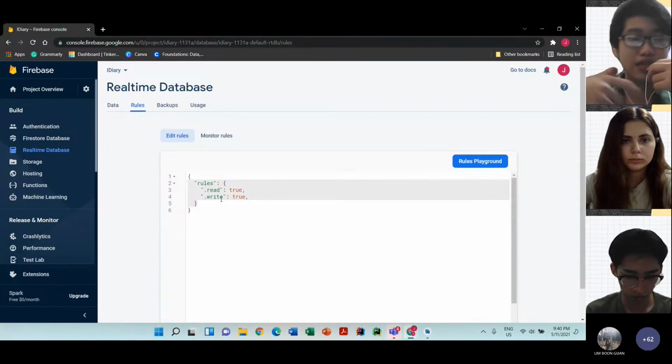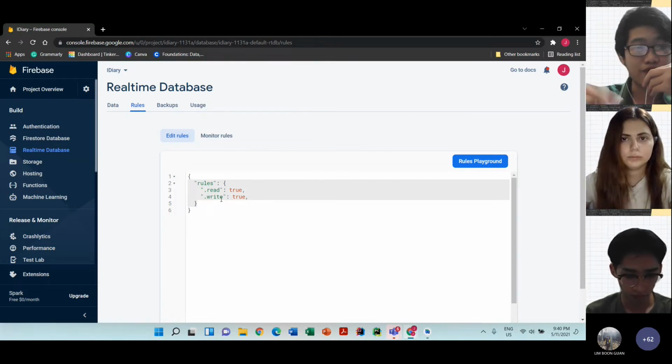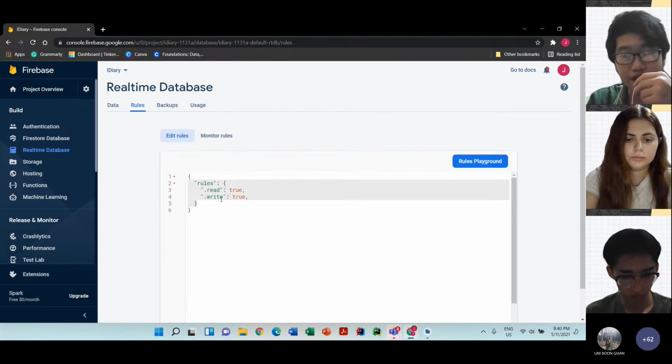So what this does is allow users to edit your database information from the Firebase console. And in real life, this is not practical because it makes your app vulnerable. Once people hack into your Firebase console, they can edit the rules from there, which means your data will be lost or tampered with.